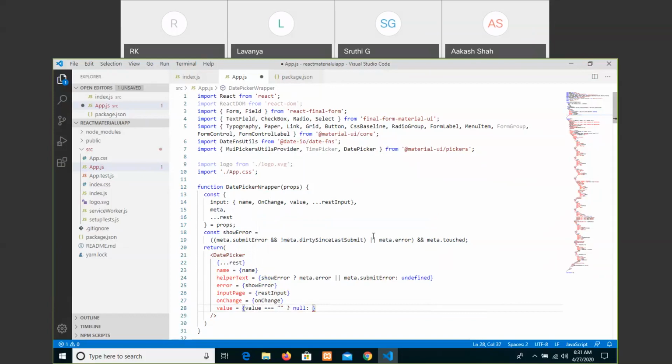If there is no value, I mean if there is any error for that value, just show it.